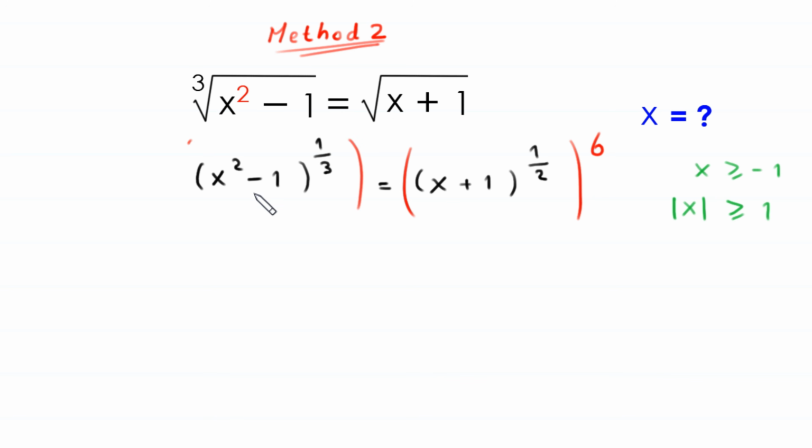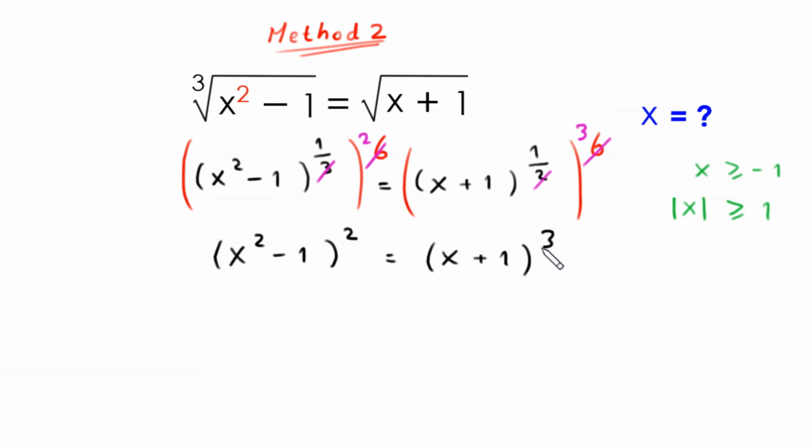So 3 one time 3, 2 times 6, and 2 one time 2, 3 times 6. The left hand side will become x squared minus 1 whole squared equal to right hand side will become x plus 1 whole cubed. This x squared minus 1 can be factorized as x plus 1 times x minus 1